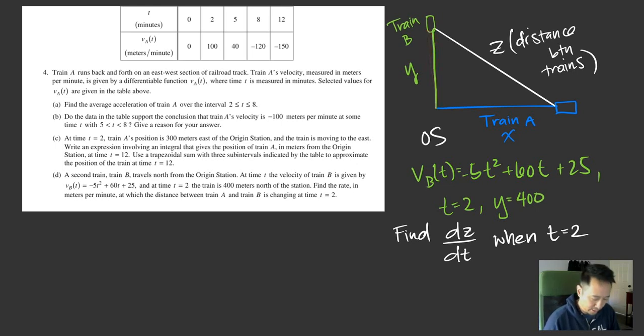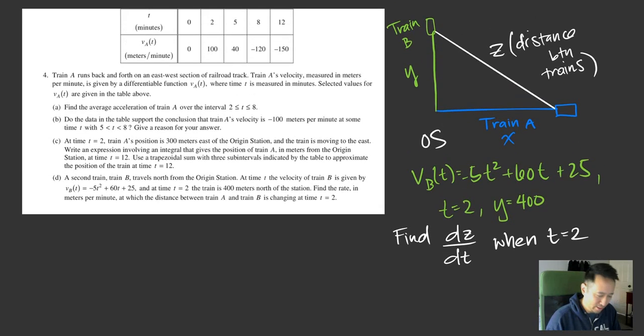Your goal is to find the rate of change of the distance, the rate at which the distance between the trains is changing, when time equals 2. So the relationship between y, x, and z, if you could see here, is a right triangle. We're going to use Pythagorean's theorem. So I have z squared